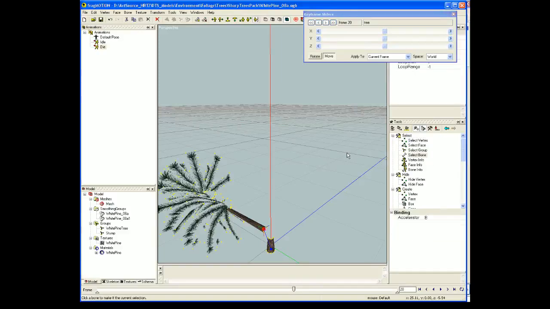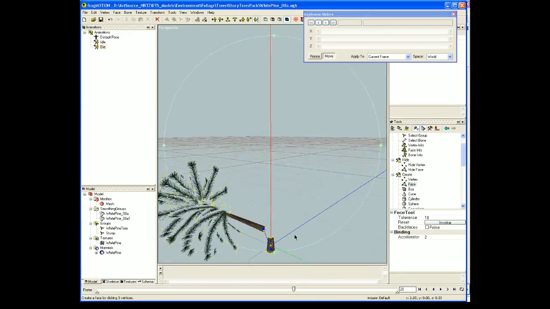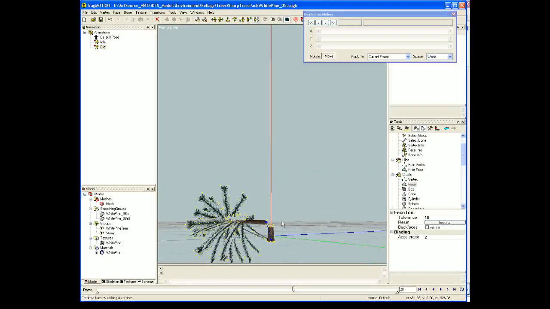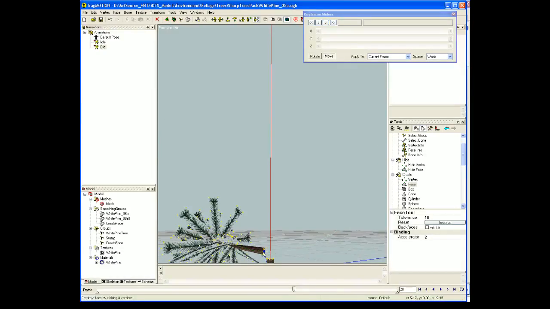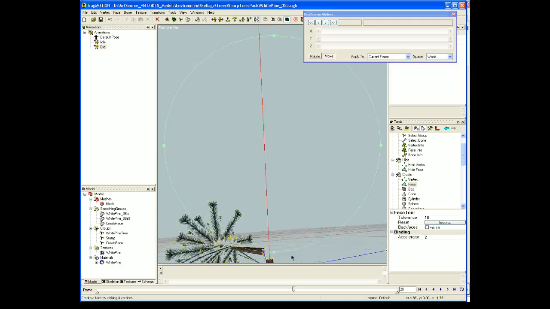And first I'm going to unselect the bone. Now I can select verts, actually create face. So now I have the create face selected here, and this is a little bit tricky because it doesn't really show you the third click. But basically what you do is you just go 1, 2, 3, and it makes a face, and you just do that all the way around. And the third one, instead of showing you the third green dot, it just makes the face. So 1, 2, 3, 1, 2, 3,